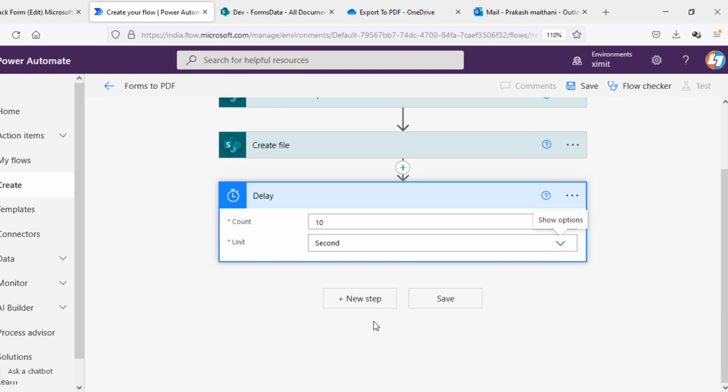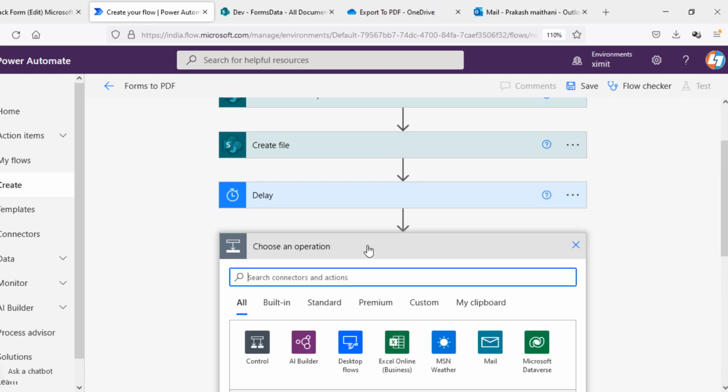Why I'm putting delay here is because every time a file is created and then you perform a next action, sometimes it misses out the file because your source is not properly refreshed. So that's why I'm putting a 10-second delay, so that before performing a next step, this step has 10 seconds to refresh itself. So the next step will be we have to get all the data using list rows present in table,